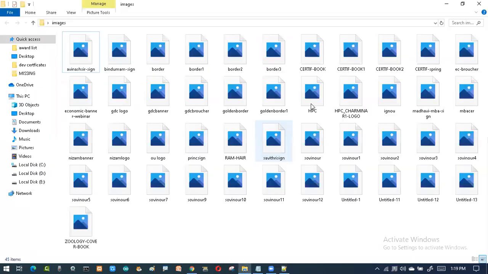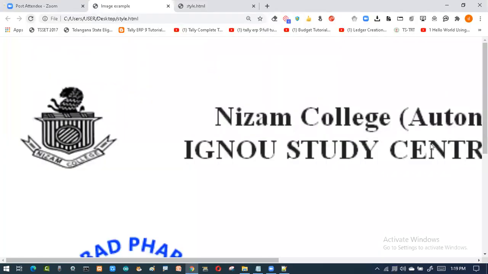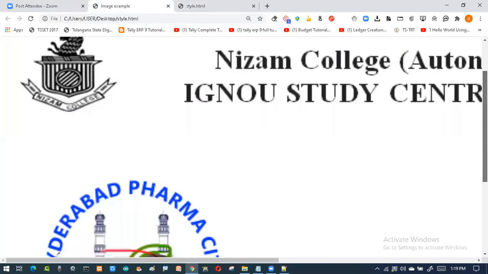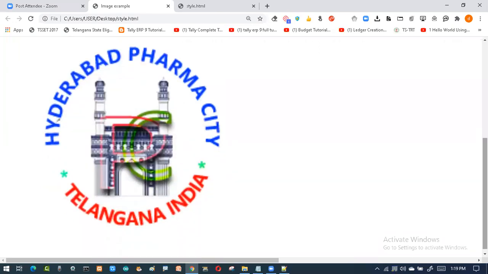Again, you just go over here and you keep your mouse onto that, it is showing that it is in a PNG extension. So it is PNG. Now save this. Now we'll see whether we'll get the output or not. Say refresh over here. Now if you scroll down, I'm able to see the logo over here. Now this is the logo which I got it.